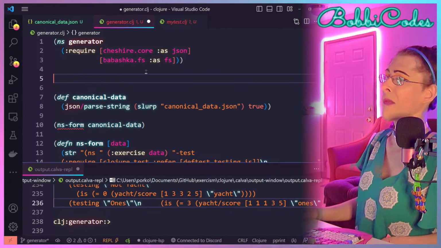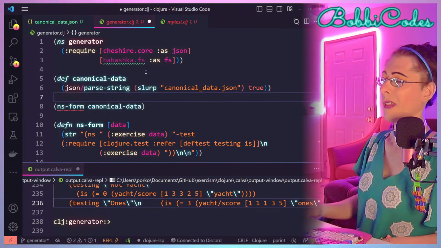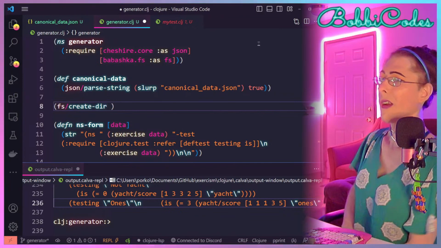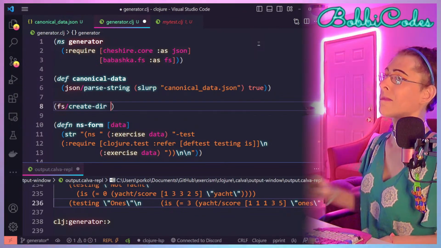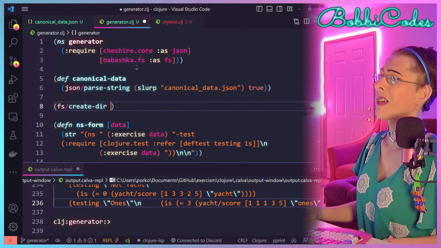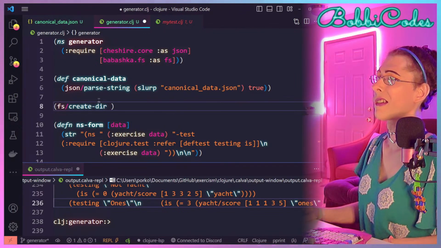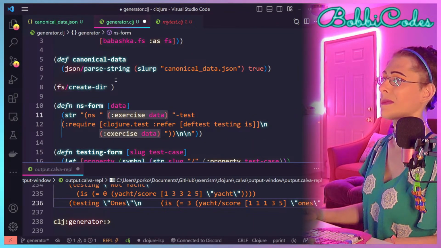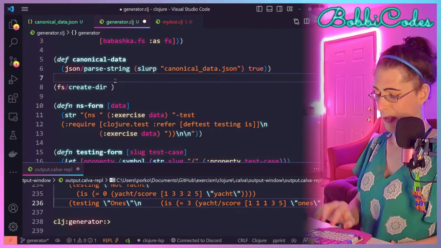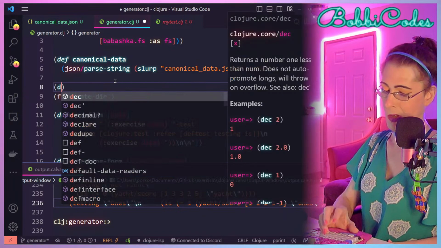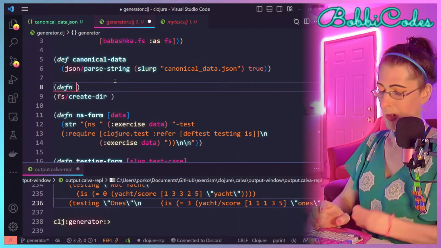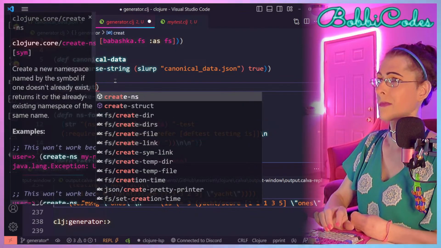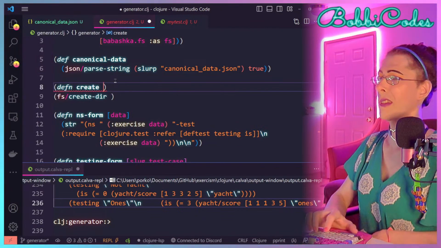This is going to be after we define the canonical data. And it's going to be just the slug. Just exercise data. This should be a function.